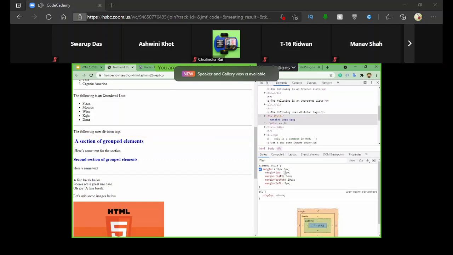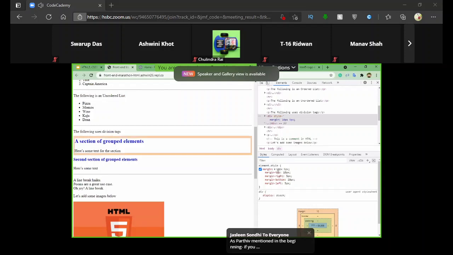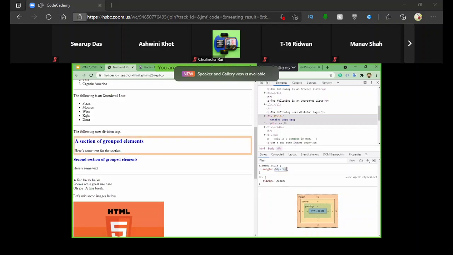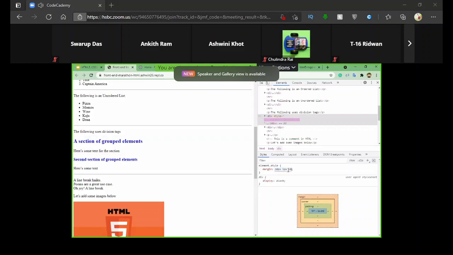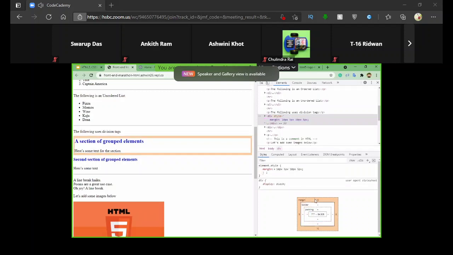As there are top, right, bottom, and left, we have to follow the order properly. So when I use 10 pixels and 5 pixels, it got repeated itself, and it is applied like this. It is similar to giving 10 pixels, 5 pixels, 10 pixels, and 5 pixels again. So it will be applied in such a way that we have 10 pixels at the top and bottom of the division tag, followed by 5 pixels on the left and right.